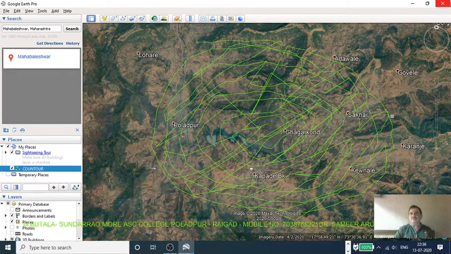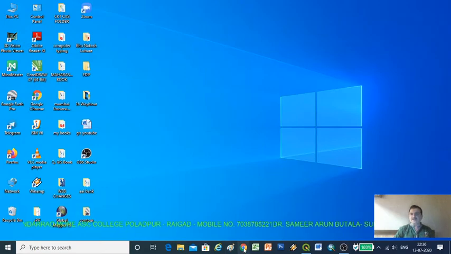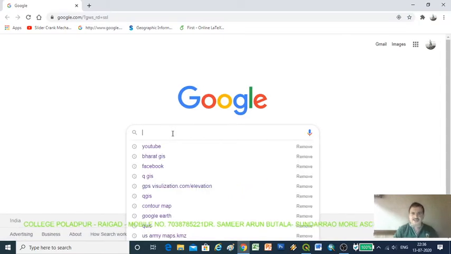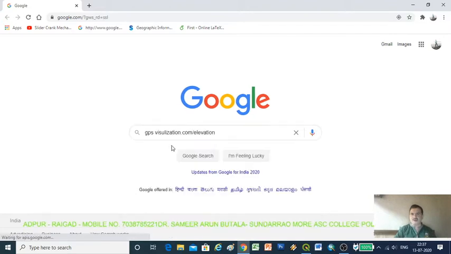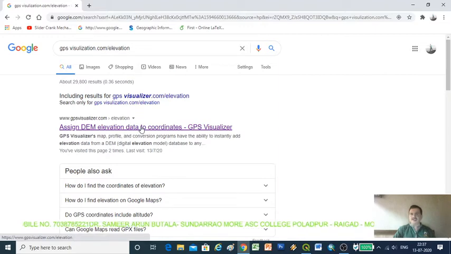Then I close Google Earth and open the Google Chrome browser. Here I just type gpsvisualization.com elevation, assign DEM elevation data of the coordinate. Click on it.